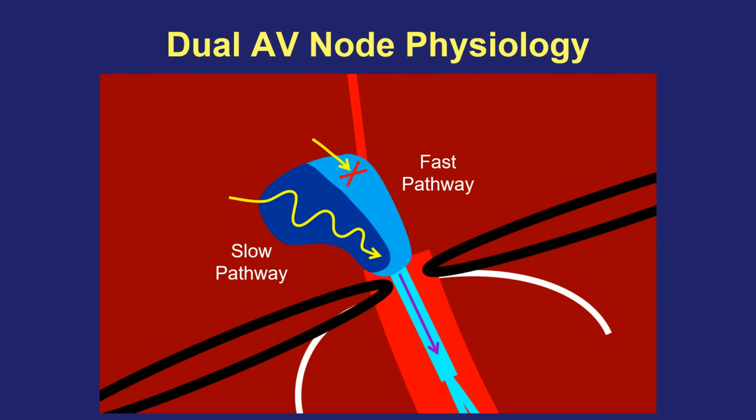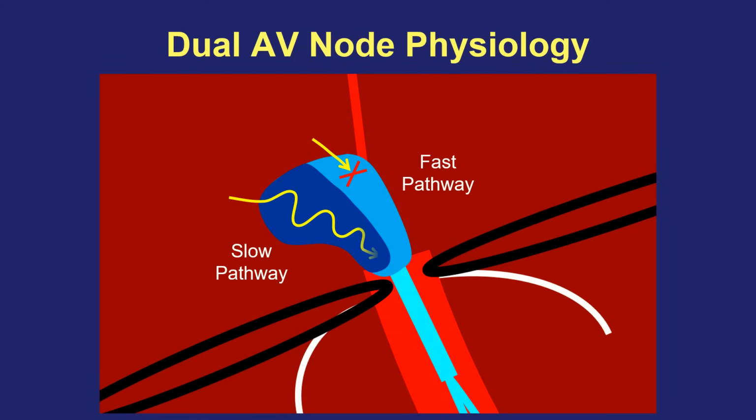But what's happening in the fast pathway when we conduct down the slow? The opposite thing is happening. We're actually going to have retrograde conduction back up the fast, because we blocked in the top direction. There's going to be refractory tissue there, so you're not going to see any evidence on the intracardiac electrograms of what's happening in the fast pathway at its distal portion as you start conducting down the slow. However,